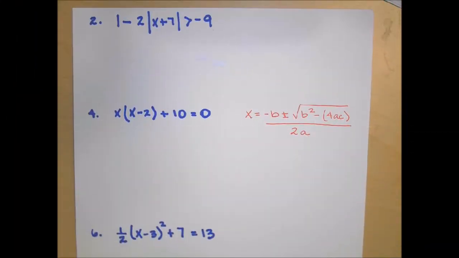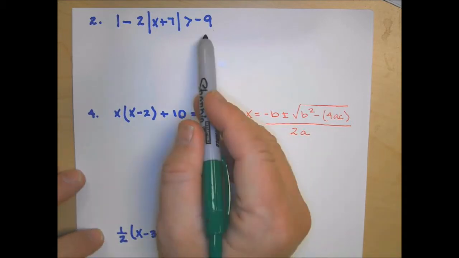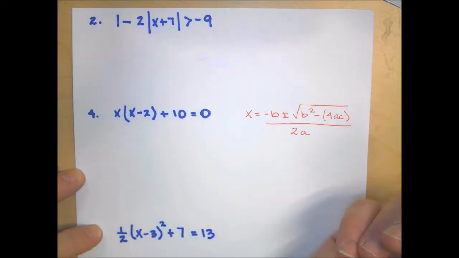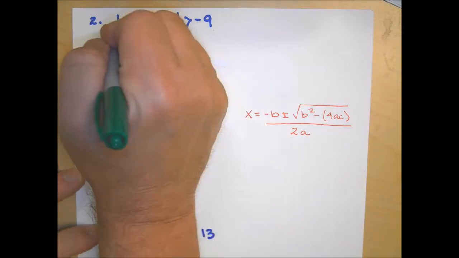In this video, I'm going to go over a vast majority of the fall semester cumulative review even problems. So we'll start with problem number 2. It's an absolute value problem. We've got some things to do before we figure out what case we have to do with the absolutes. So I'm going to subtract the 1,